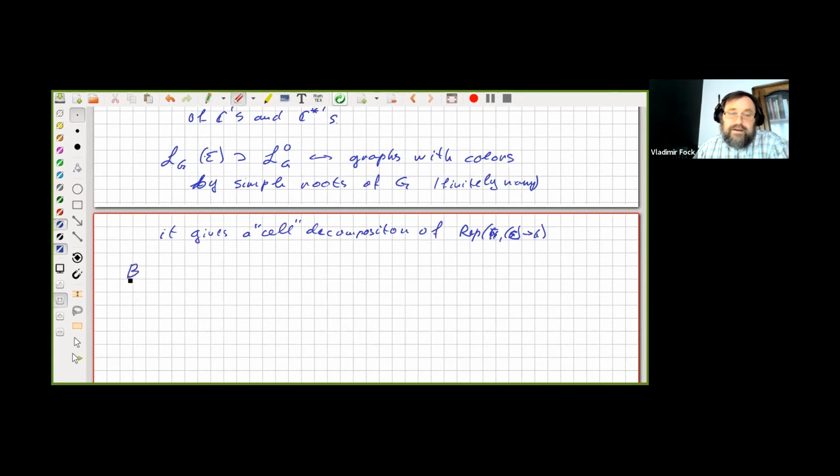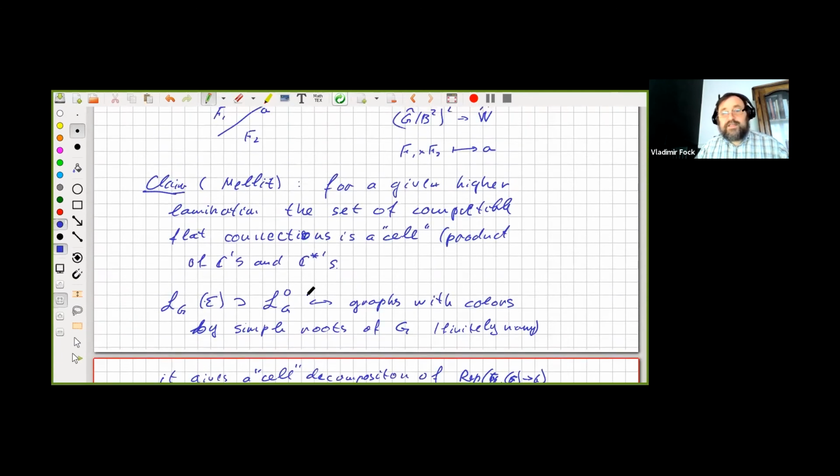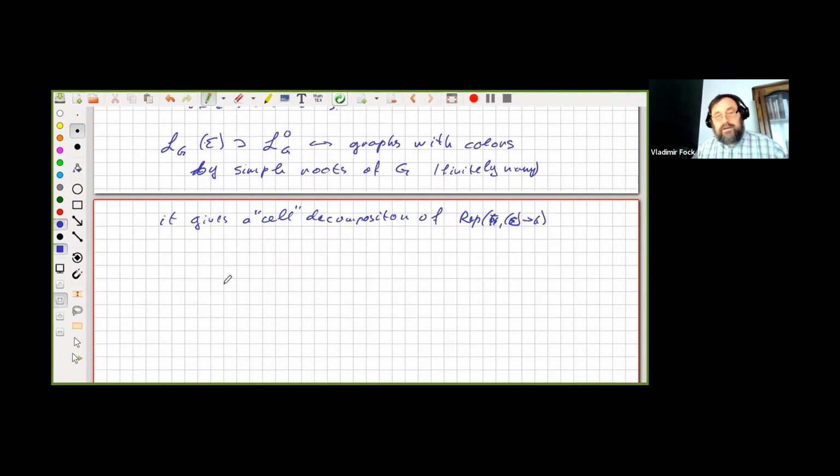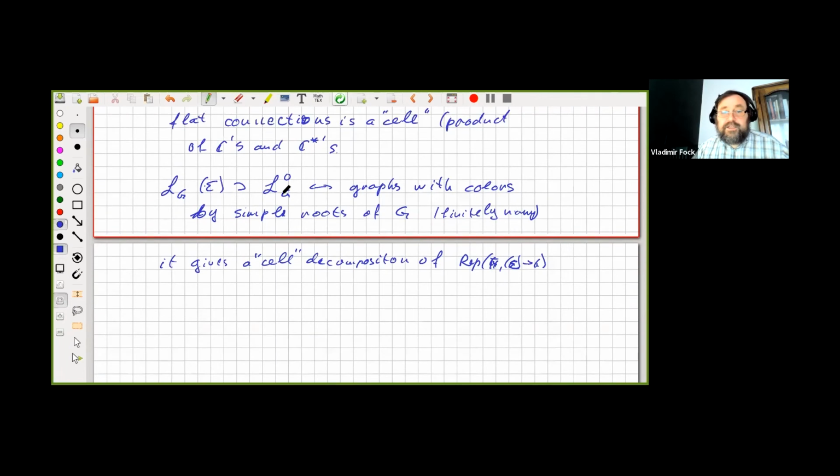I have not so much time. So, a second remark: this is a relation to the cell decomposition, which corresponds to this Satake correspondence, but in a more generalized way. So I want to say that this L0G one can also consider as a map. If you have a high lamination, it gives a map from pi 1 of sigma minus triple vertices